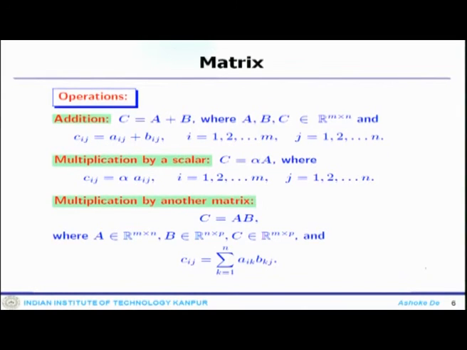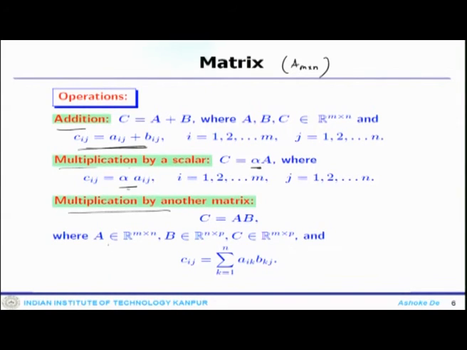Operations: if you look at the matrix operations, we are talking about A, m by n. In the matrix operations you can have addition of matrices. The elements can be added, which is very simple. If you have a 2 by 2 system, you add another 2 by 2 system, and the corresponding elements can be added. You can also have multiplication by a scalar. If you multiply by a scalar, each element is multiplied by that factor alpha. And then you can multiply by another matrix.